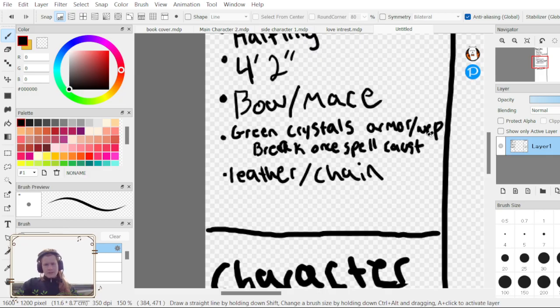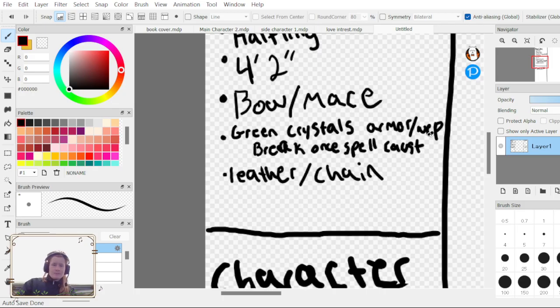So one of the green crystals on her armor or weapon breaks every time she casts a spell, and so that would be kind of a way of keeping track of how many spells she can cast in a more tangible way than just, you know, oh, I'm feeling tired or whatever.